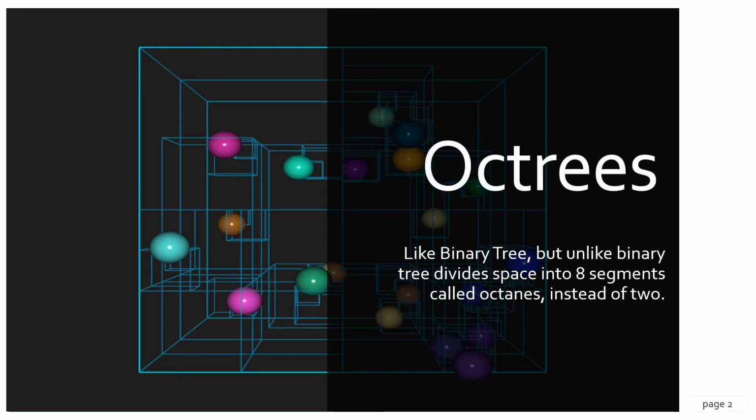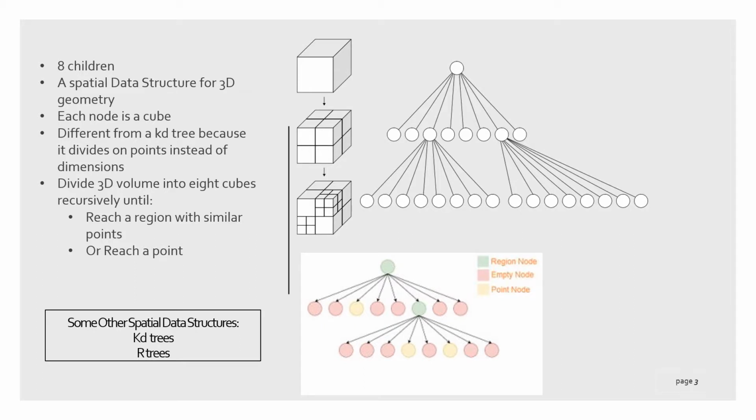So the data structure that we received is octrees. Now let's get into the nitty-gritty of octrees. If you remember a binary tree, in a binary tree a parent node could have a maximum of 2 children. Similarly, in an octree, a parent node can have a maximum of 8 children. And to represent something in a three-dimensional space, you need 8 octants. This fact gives octrees an advantage over other spatial data structures in the case of representing 3D volumes or 3D objects.